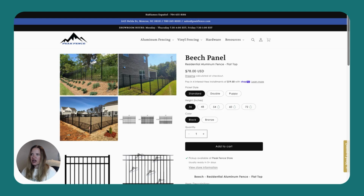But because of that, they were kind of limited in what they could do in regards to like B2B. So when they were working with their contractors, and also it turns out that there's a bit of a gap in the market for like this specific thing. So they wanted the ability to be able to surface really specific products when their contractors are working on or looking at fence panels. And so in talking with the merchant about their needs for this, when they have specific